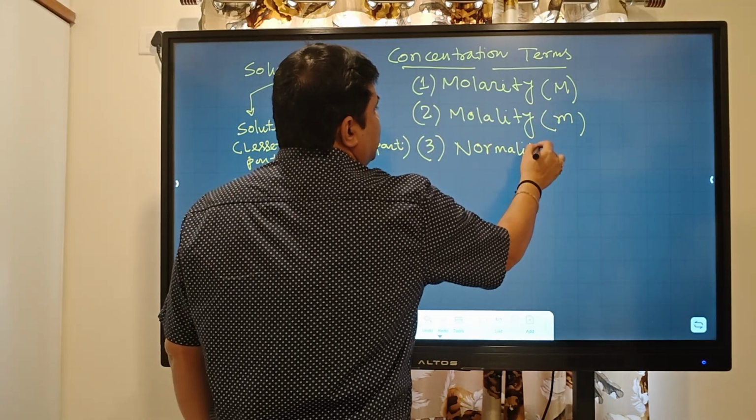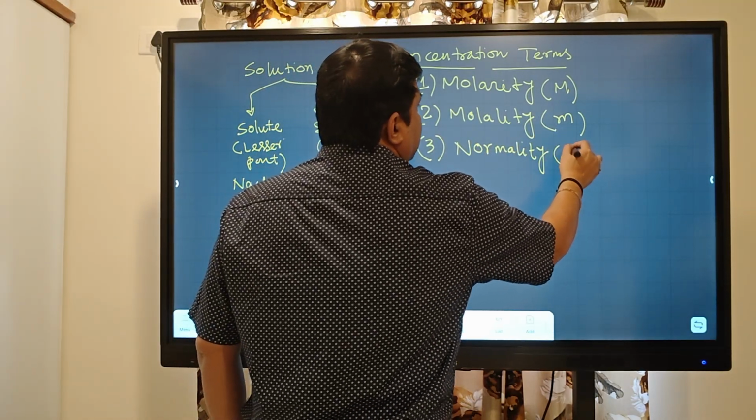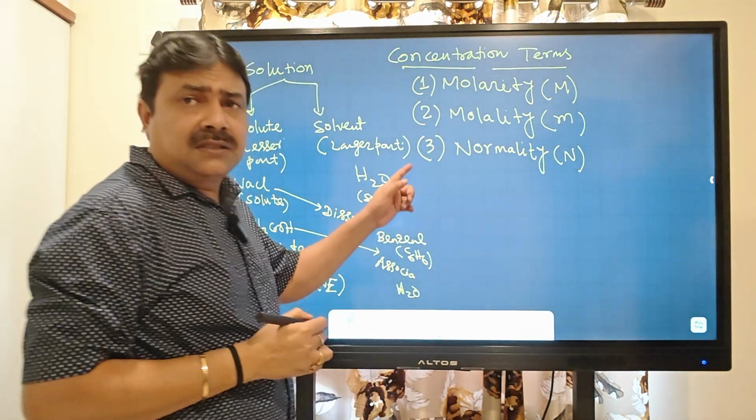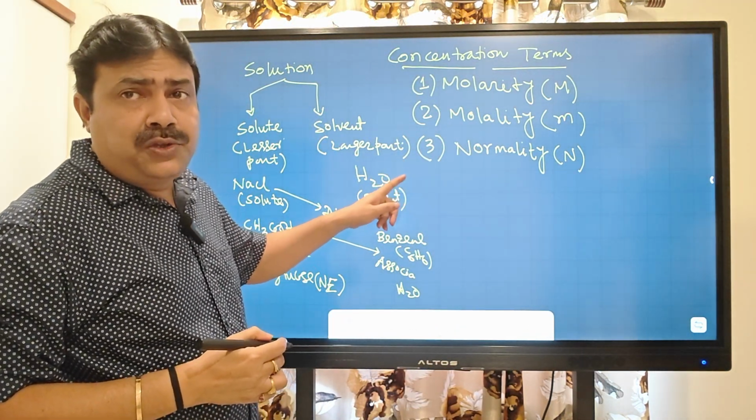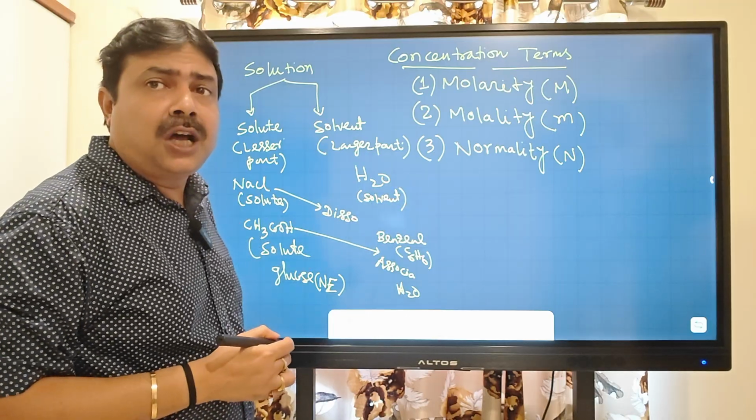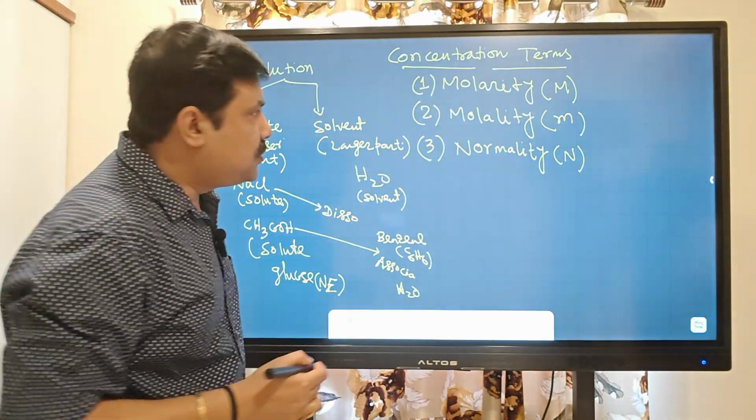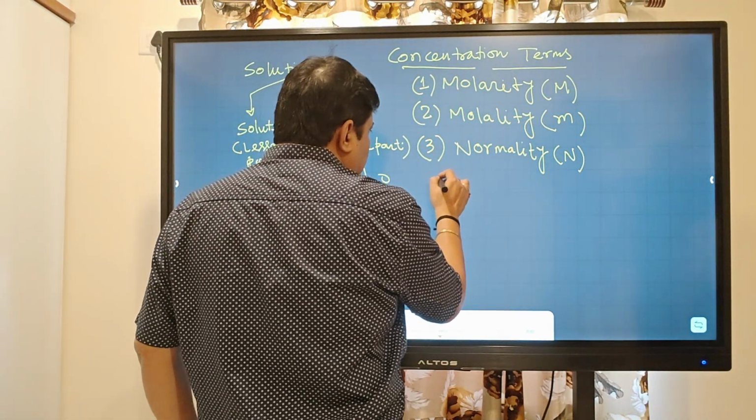Normality, which is denoted by capital N. Before going to detailed discussions of normality, I will discuss the equivalent concept, which will be utilized especially in normality. Okay? So now, next one we need to know